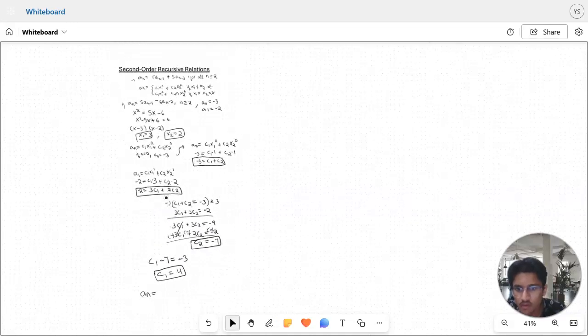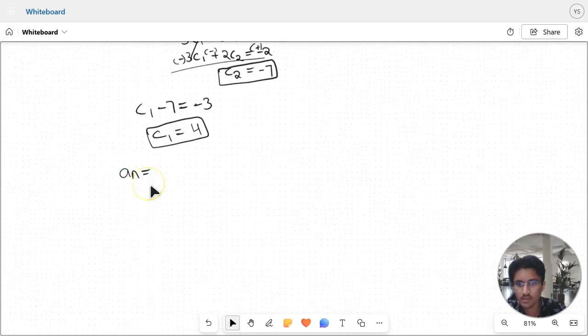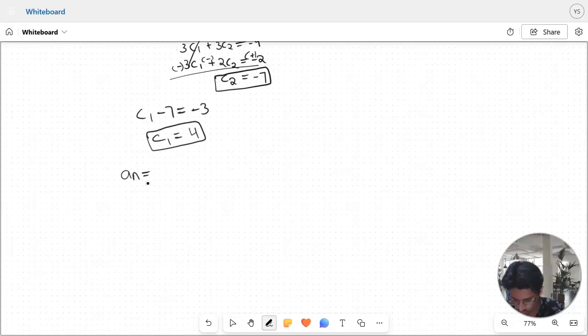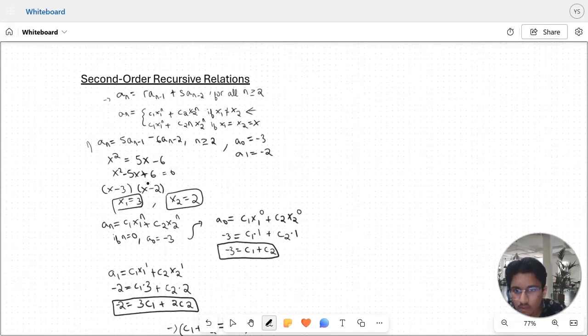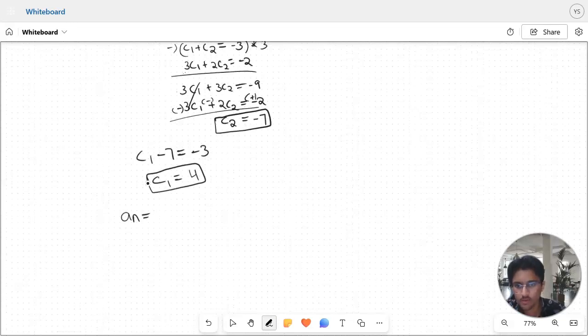That's a bit too much zooming out, so I'm just going to go back. So A of n is going to equal what our C1 was. It's going to resemble this equation over here. C1 we figured out was 4, times